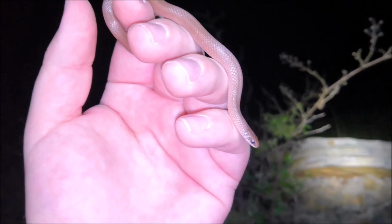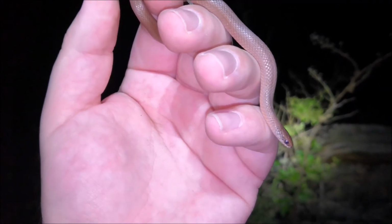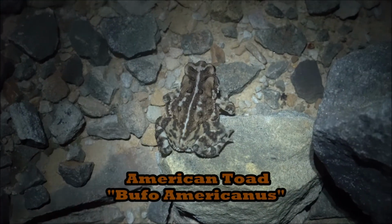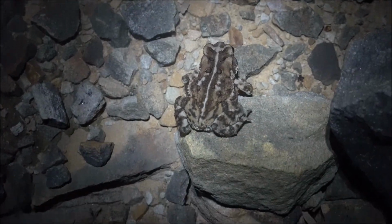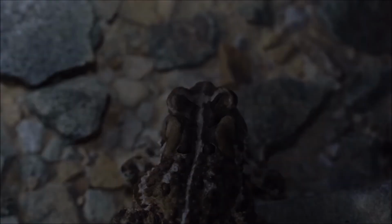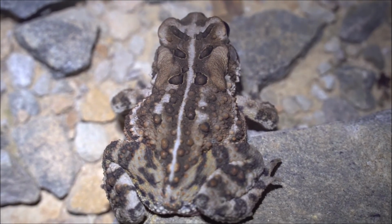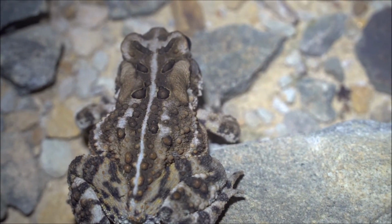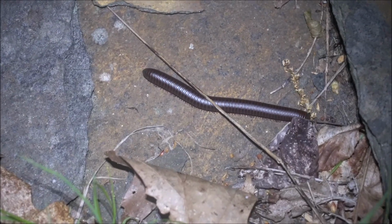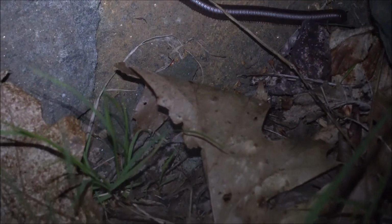But we do need to check this guy out. He's been beaten up. I flipped all the other rocks around. I think that's the best we're gonna get, is a farther away shot, which is fine. That rock too. Guess we won't have trouble finding ringnecks in the woods. Look at that. When we didn't think it could get even more cool,